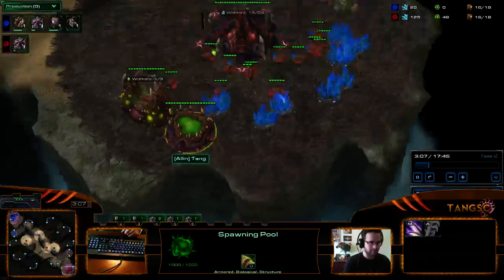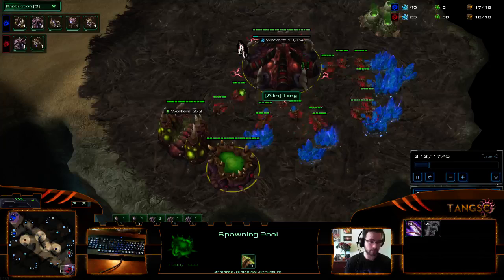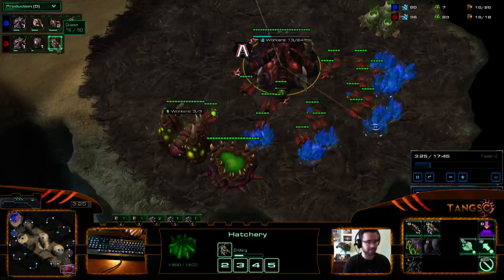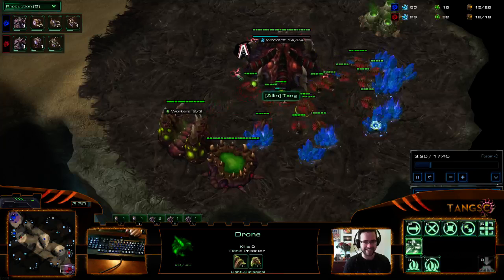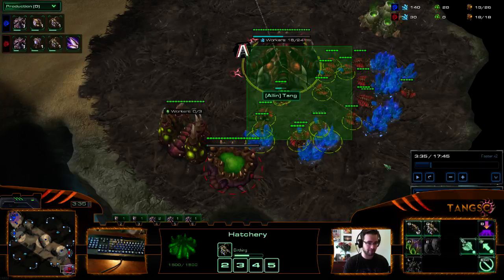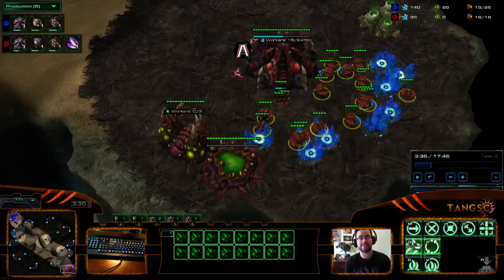So when the pool finishes, you won't be able to afford the Overlord right away. Got to get that queen first, then the Overlord, then the speed. There it is. We'll see that speed go down at 100, take out a gas. Perfect. So up until now, we've had a pretty nice economy, but now we reached that 16 drone saturation in